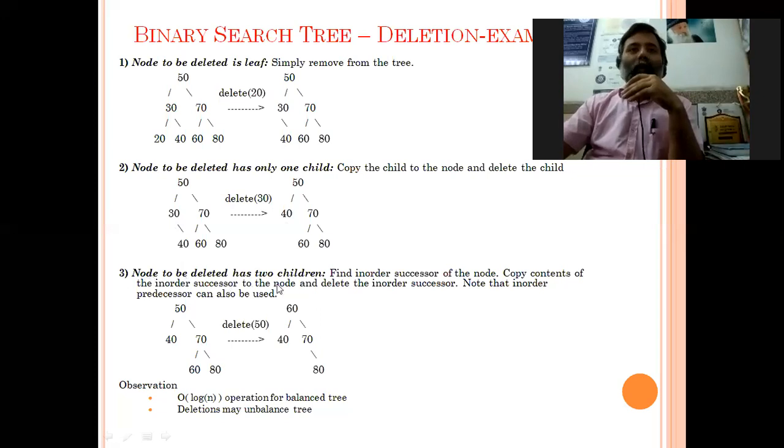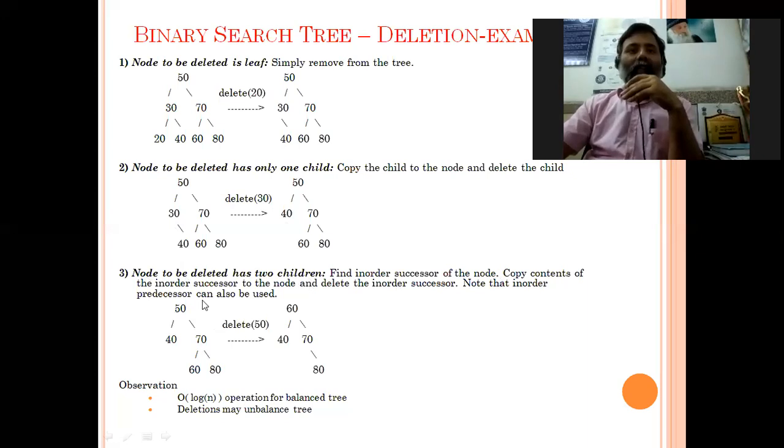Again, the node to be deleted, the next one, has two children. Now we want to delete 50. You can see this node has two children, 40 and 70. So we will find the in order successor.